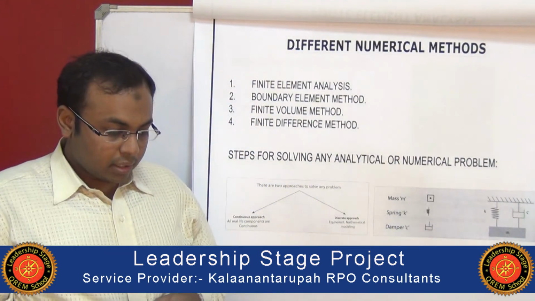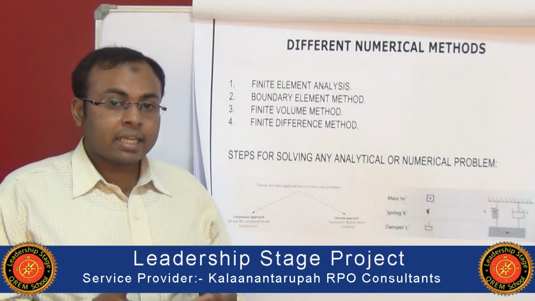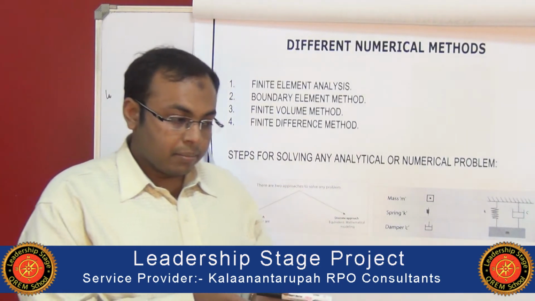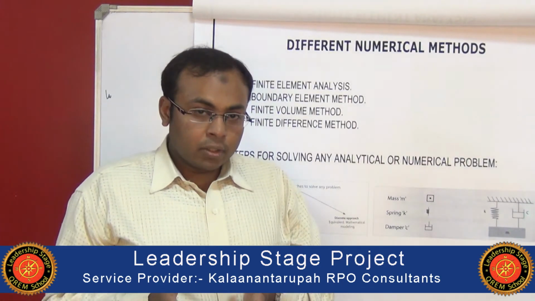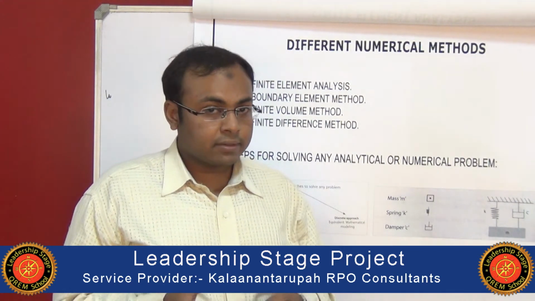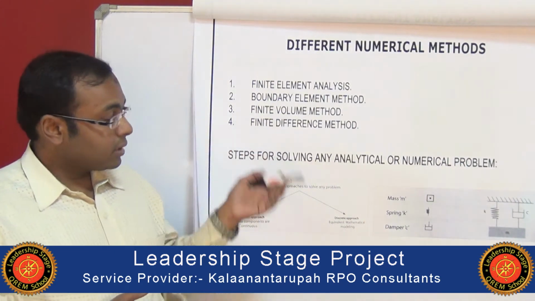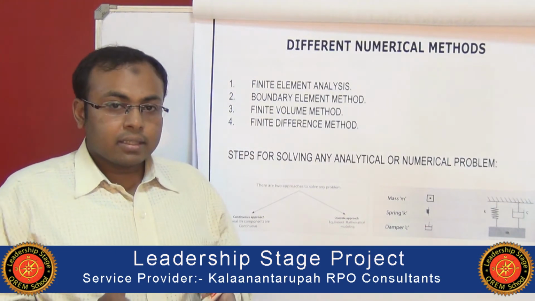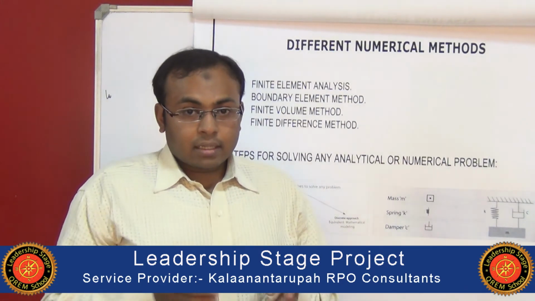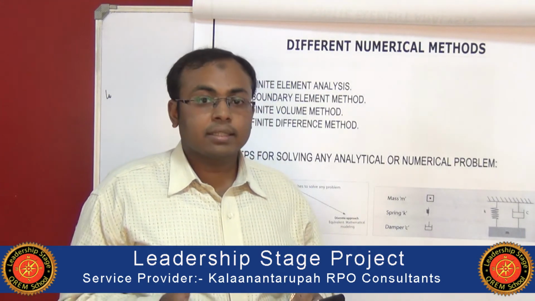If you consider all real life problems, they are continuous, which means there is no physical gap between two entities. For example, in material sciences, you have particles made up of molecules and atoms, and so on. These are bound together by a force of attraction. So solving a real life problem is difficult. What numerical methods suggest is that you need to discretize it, that is, discontinue the system. In simple words, nodes act like atoms, and the gap between them is filled with an entity known as the element.